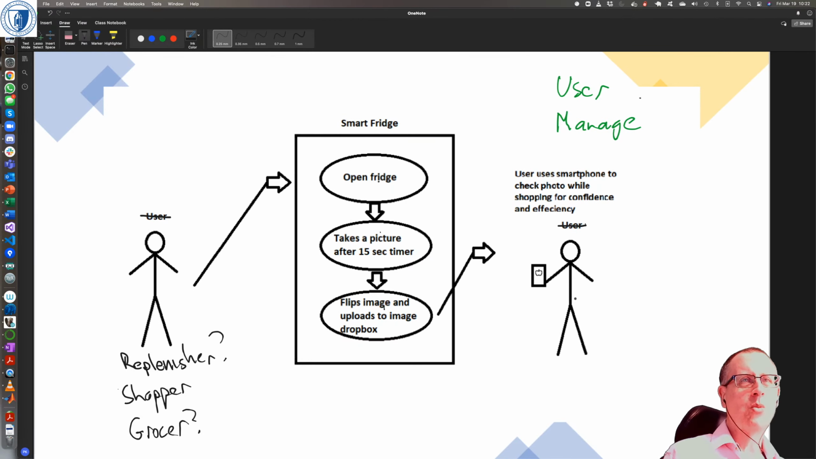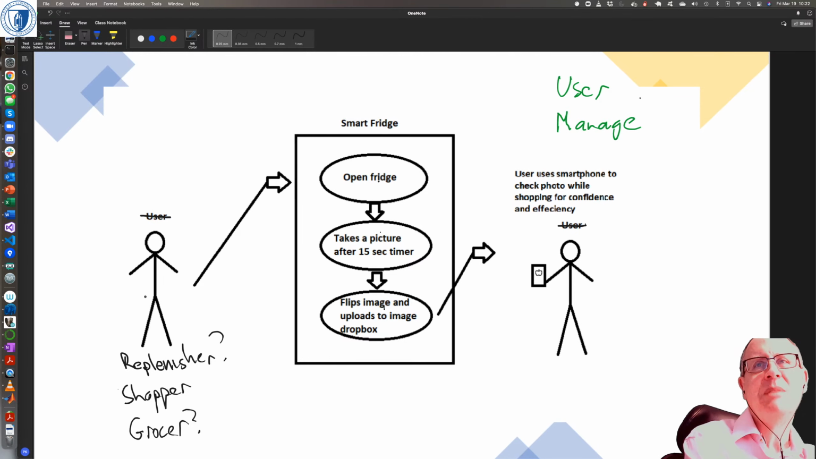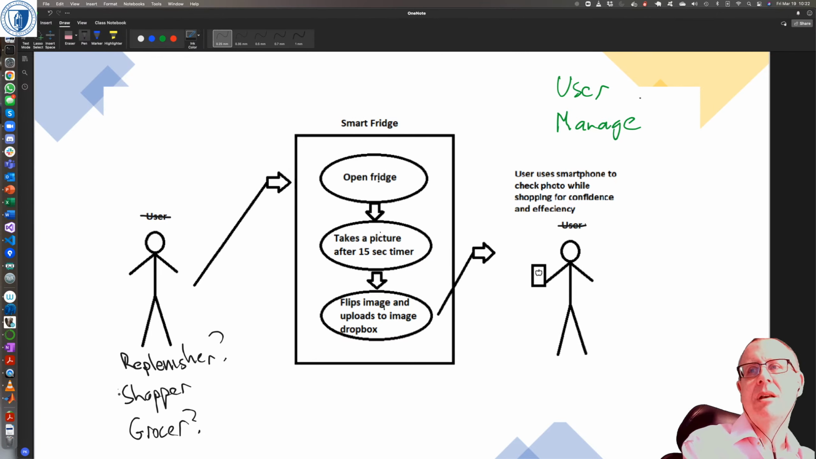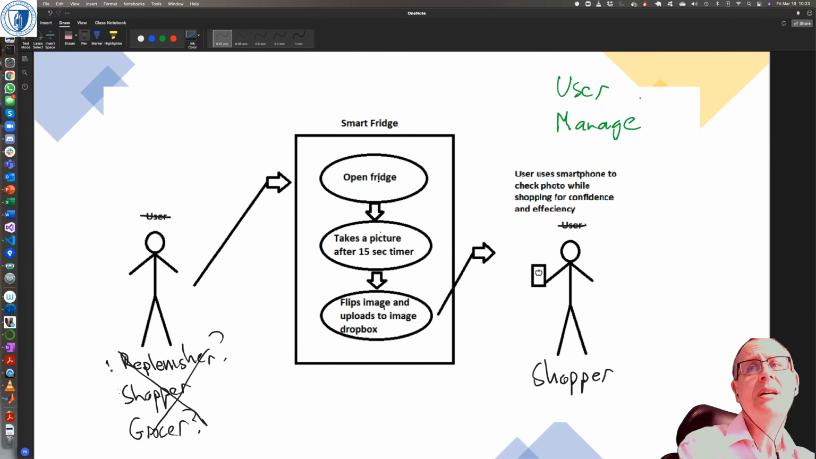And I'm wondering now about my names over here, because I think, and again, correct me if I'm wrong, the reason this role wants to look at what's in the fridge is because they're out shopping. So maybe I got these names wrong. So maybe this is the shopper, and I don't know what you would call this. Maybe replenisher is still okay, but something a bit more prosaic, perhaps. Maybe fridge loader,